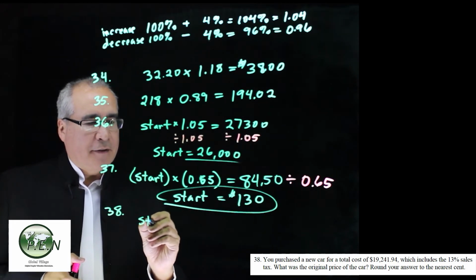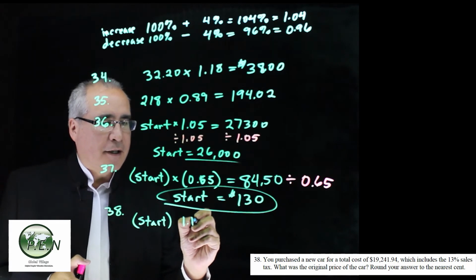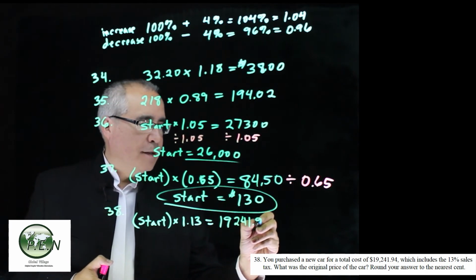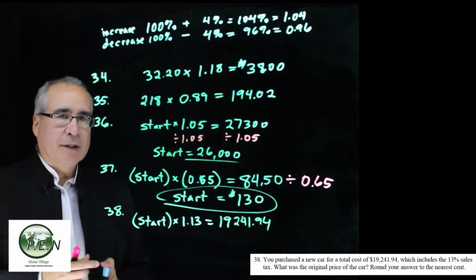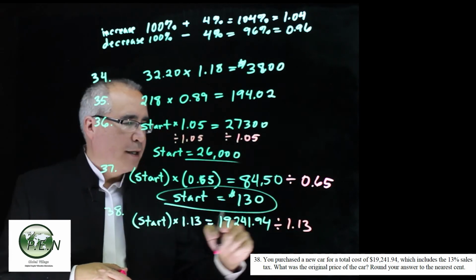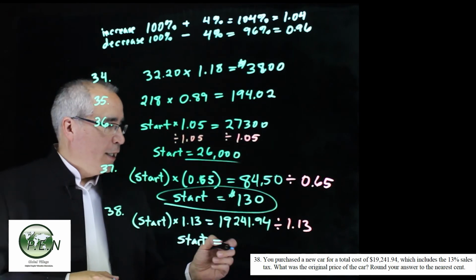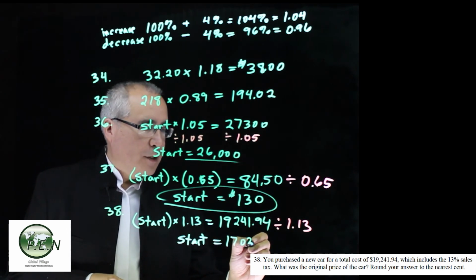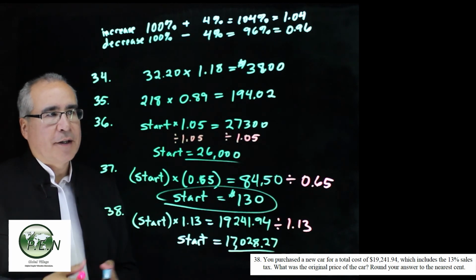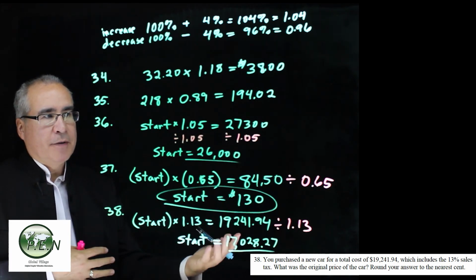Okay, so this is the starting value of the car, the sticker price. We paid 113%, right? Because that's the price of the car plus the sales tax. And when we did that, we got a total price, $19,241.94. To figure this one out, instead of multiplying, we simply do the inverse, the undoing thing. So we divide by this factor, 1.13. When we do this division, what we find is that the starting value, or the original price of the car without the sales tax, ends up being $17,028.27. Okay. So that's a use of a percent increase, percent decrease, and finding the new value or being able to find the